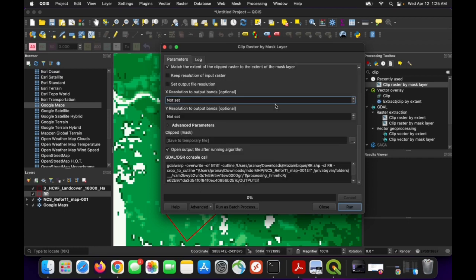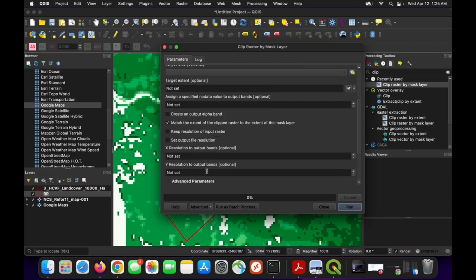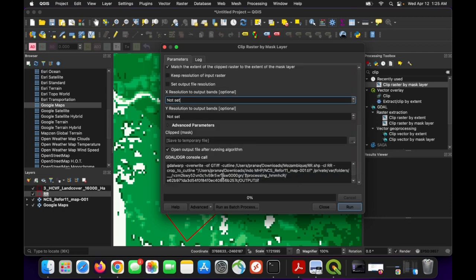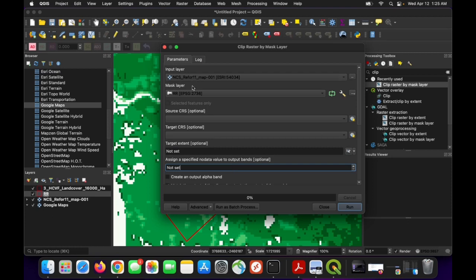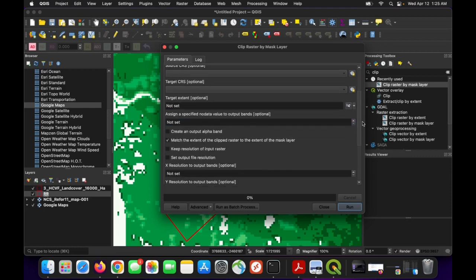And when all of that is done, this is actually the internal Python command that's actually going to do the job. GDAL is a library for Python, so this can be implemented on the command line. It can be implemented in Python, but that is the summary of this entire QGIS workflow that we're going to run. So now when we have pressed this, I actually want to create a new layer with the results, and